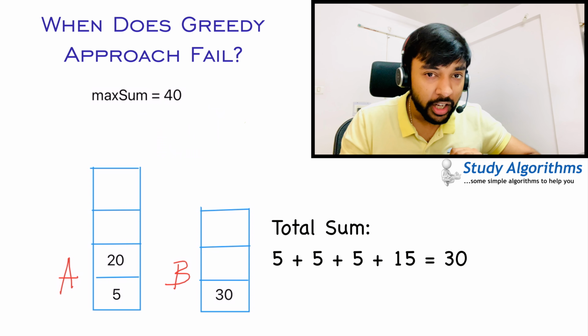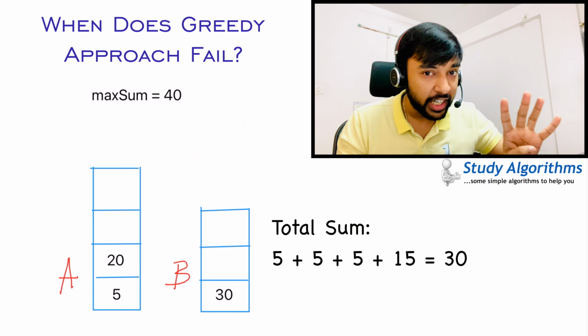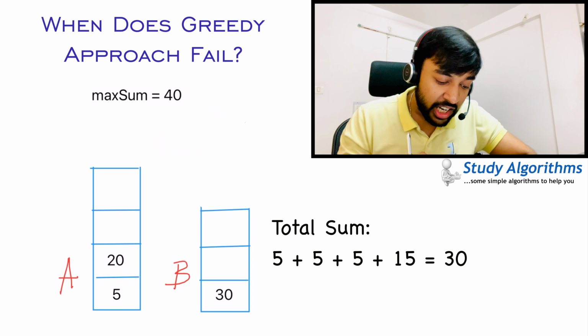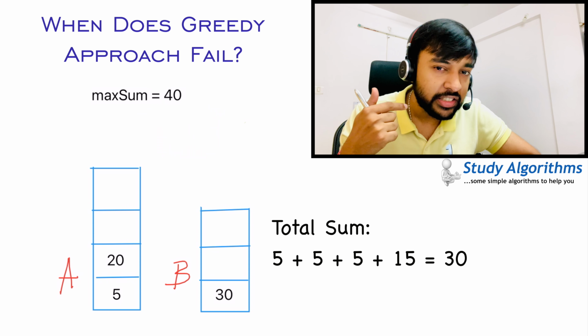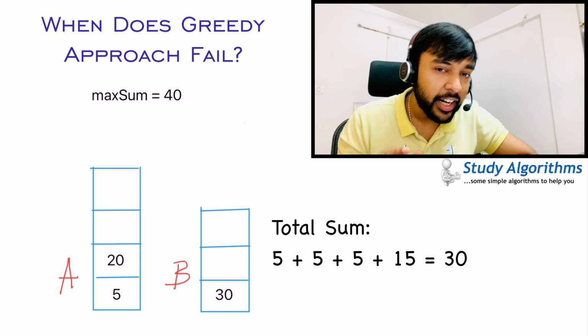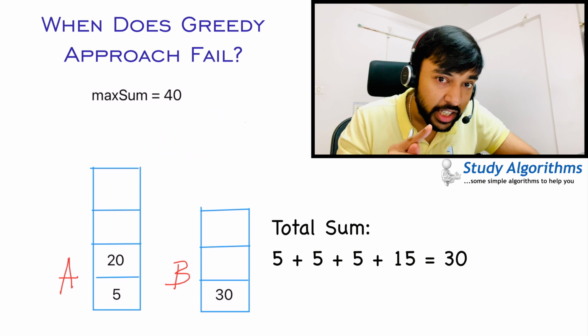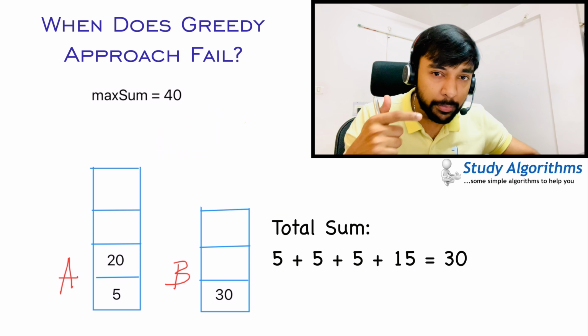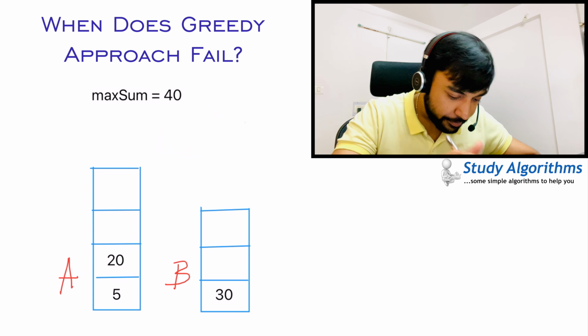What do you see over here? You were able to pop 4 elements, right? But is this the maximum score? Well, if you find out all the combinations via a brute force method, you will find out that there is a possibility where the maximum score can be even greater than this. Let me show it to you by resetting this problem.